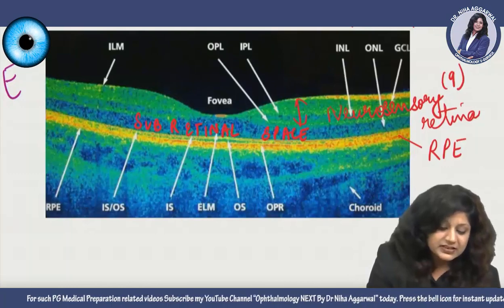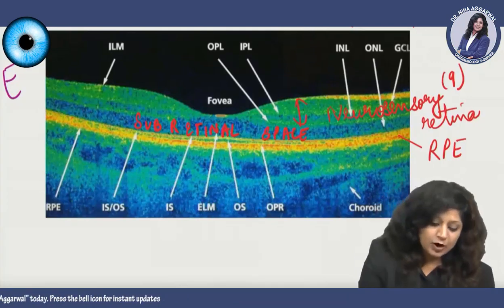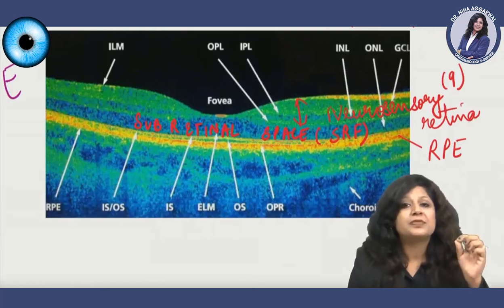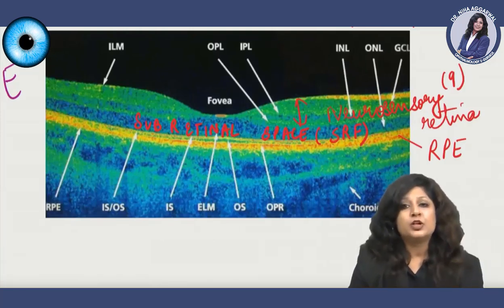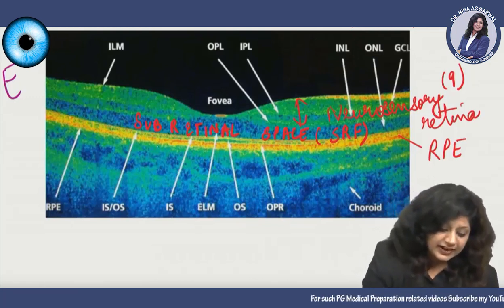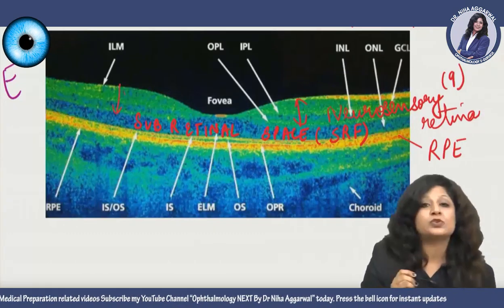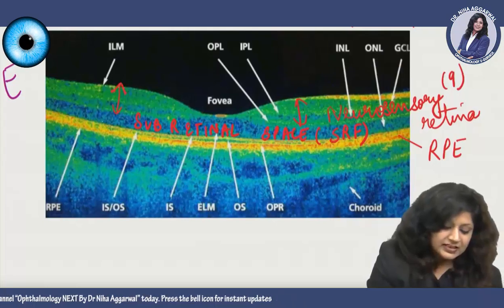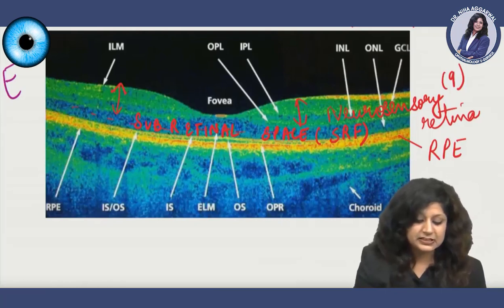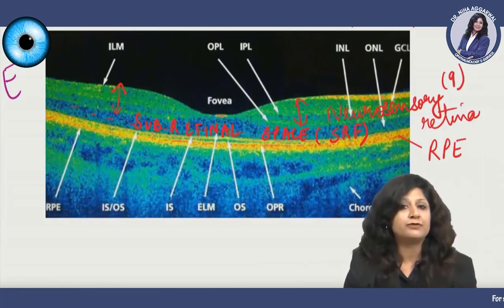Can you see? This is darker in color. Why is this space darker in color? Because it contains fluid, SRF. What was SRF? The subretinal fluid. So you can see the basic structure of the retina. Again, I am showing you. This red one is the RPE layer. Then this green one is the neurosensory retina. And this darker one is the subretinal space, and it contains a fluid called subretinal fluid.